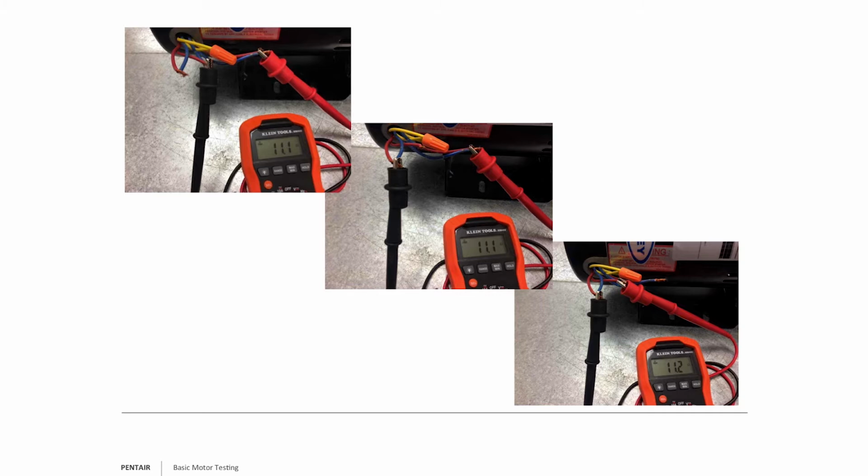So it could be the wire nut that you see there holding some of the wires together. It could be how the meter was clamped in particular. There's various reasons why you might not get the exact same measurement, but they should be very close. That's your first test. If you ever single phase a motor, and I'll explain what single phasing means, is that